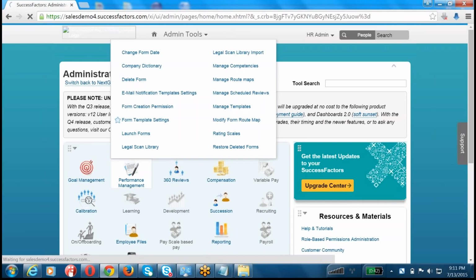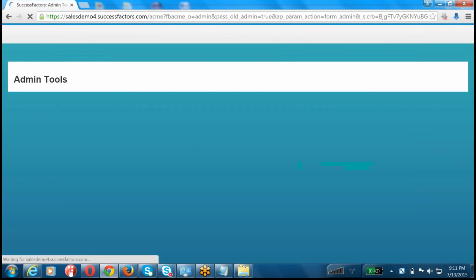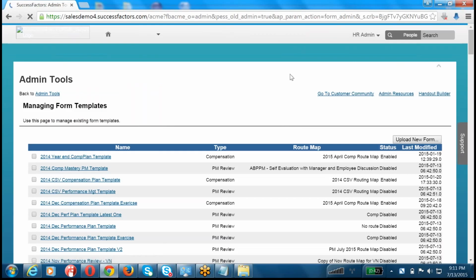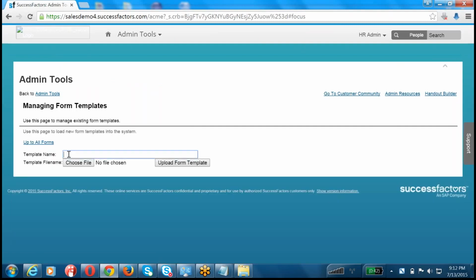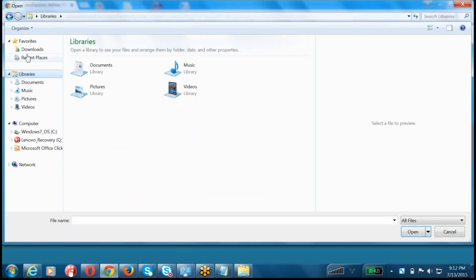Click on this form template settings, and here is the place where we are going to load the performance plan templates into your instance. Click on this upload new form under manage form templates, and provide the name. Let's say it is going to be the 2015 June performance plan template, and the file that we are trying to upload, browse for that,